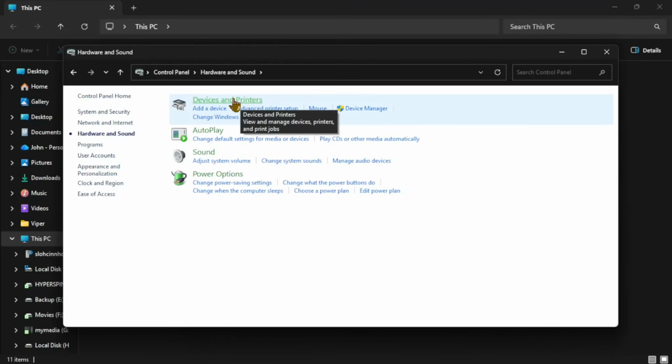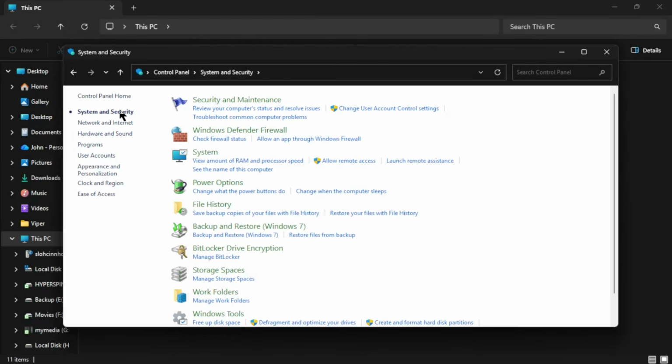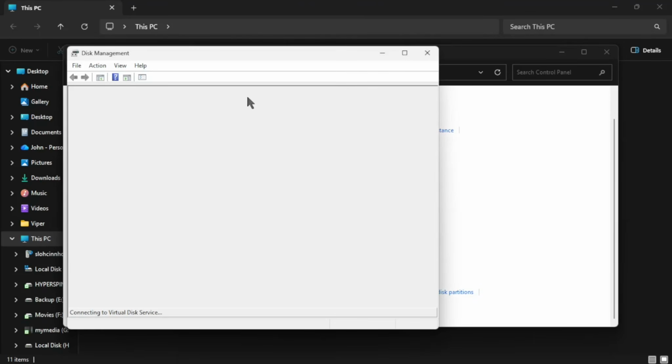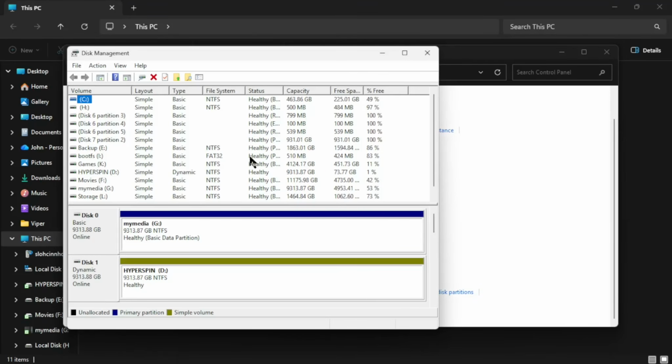Oh no, is that it? Yeah, where's the System? It's under System. So yeah, Control Panel, System and Security, and create and format hard disk partitions,